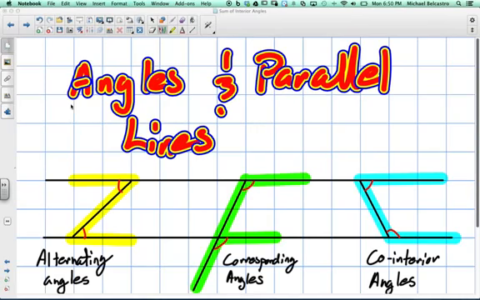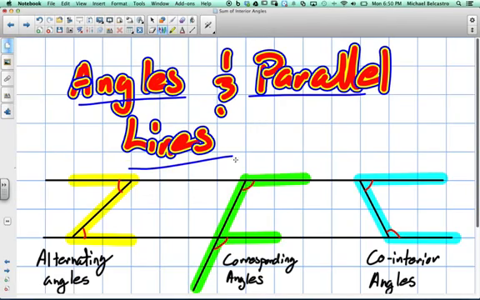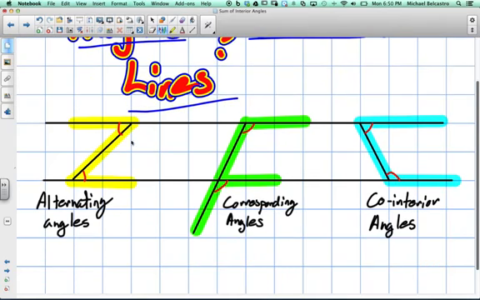Okay, angles and parallel lines. So we're going to go over a couple of angle rules that deal with two parallel lines. So I've created two parallel lines here. As you can see, they're both horizontal, which means technically this is the symbol that shows things are parallel. Okay. So when you have two parallel lines, there are three types of angle patterns you can